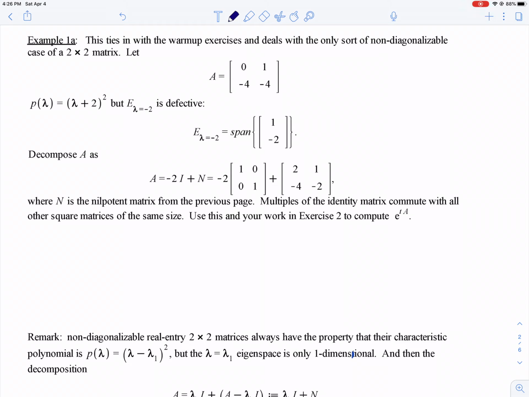So this is a matrix with interesting eigendata, and you might have seen this kind of eigendata back in your linear algebra course. So if I take the determinant of A minus lambda I, I get a lambda squared from the diagonal product. I get a 4 lambda also from the diagonal product, and then I get a plus 4 from the off diagonal. That's lambda plus 2 squared. But when I try to compute the -2 eigenspace,